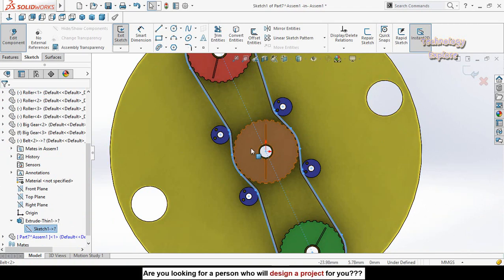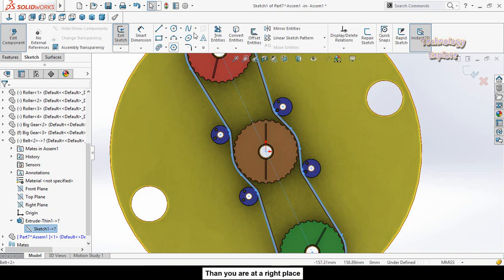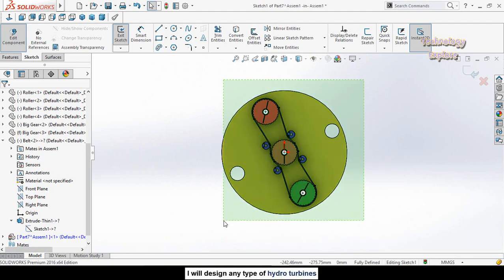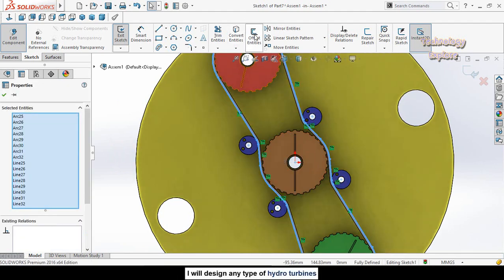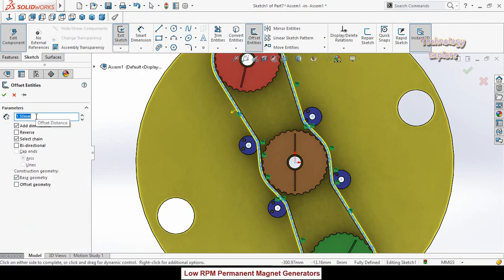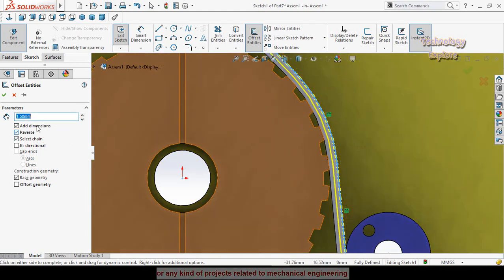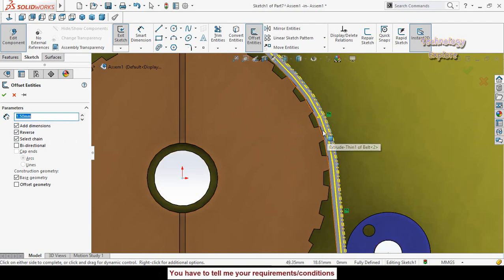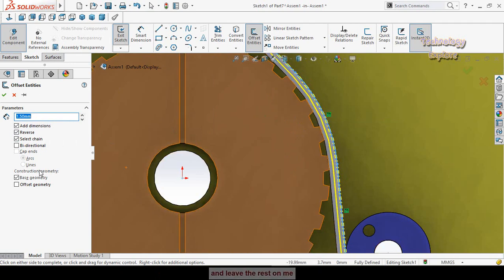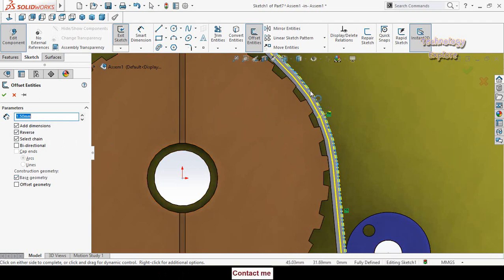Basically I am going to make the path for the chain driven component pattern. So select this sketch and then select Convert Entities, then select all this sketch, zoom in and press the Offset Entities command from here. Now type here offset distance 1.5 millimeter, but in the opposite or reverse direction. So now it is almost in the middle of the belt. For construction geometry, check the option Base Geometry. We are going to make the base geometry a construction geometry. Then press the OK button.